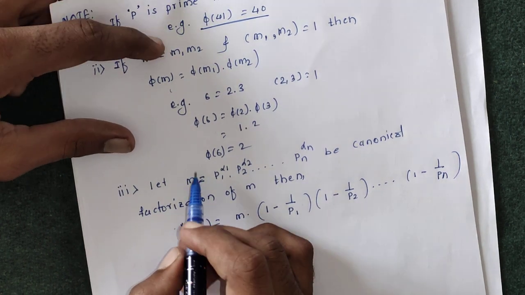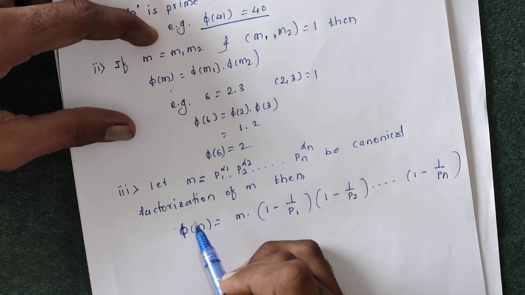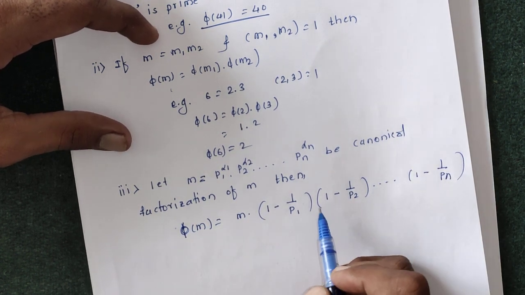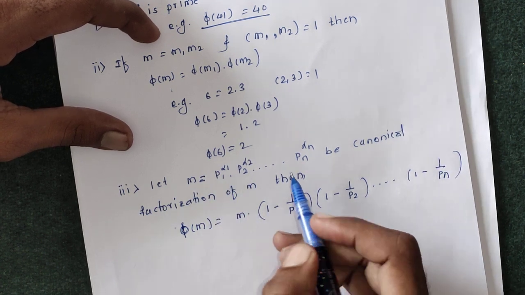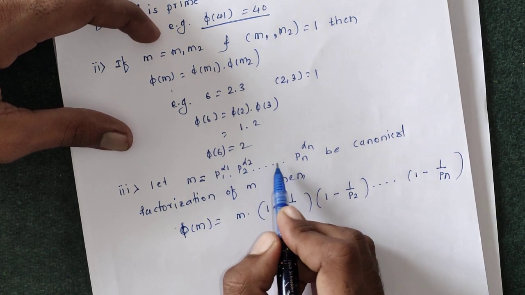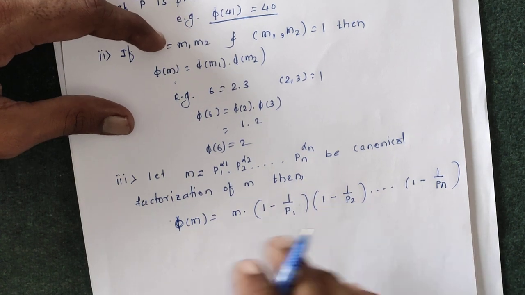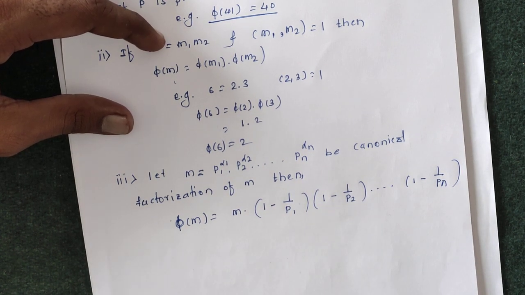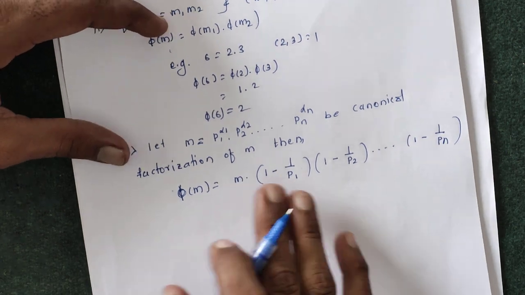For any number m, we can write its canonical expression, and using this note, that is phi of m is equal to m times 1 minus 1 upon p1, 1 minus 1 upon p2, up to 1 minus 1 upon pn. Using this result, we can find the number of integers which are relatively prime to any larger